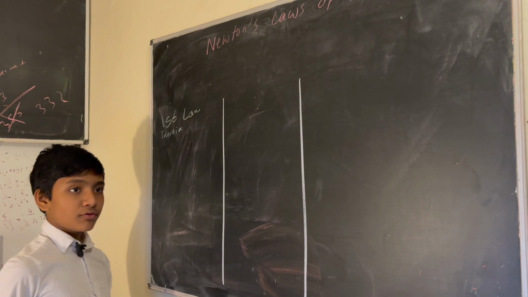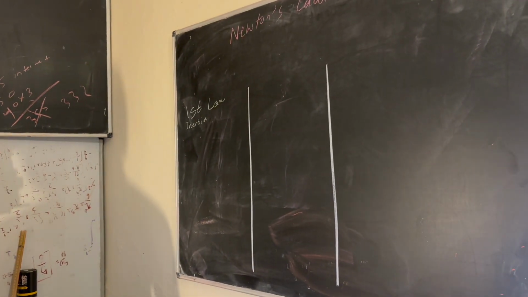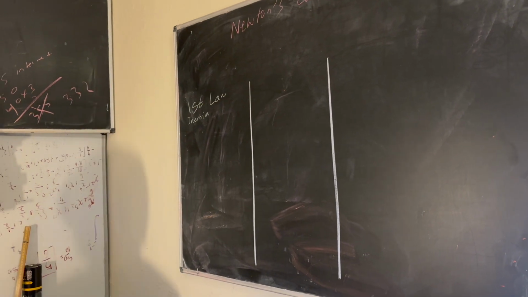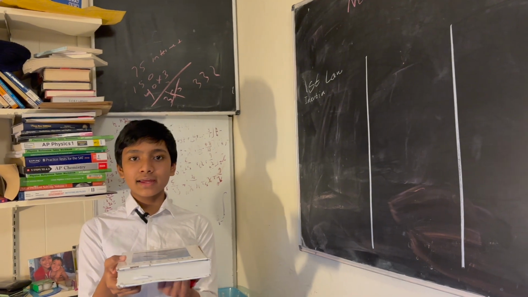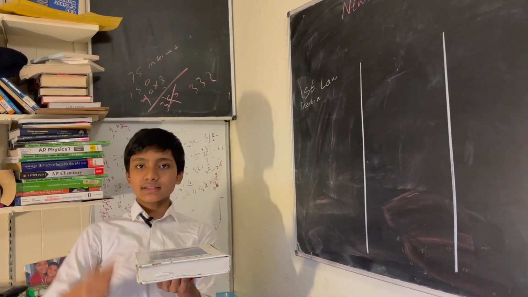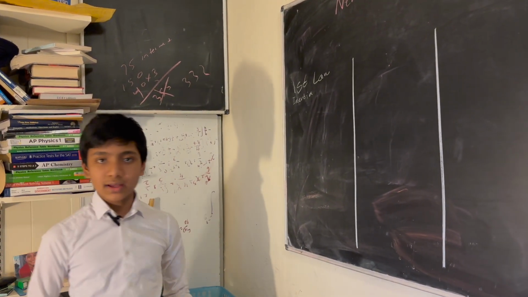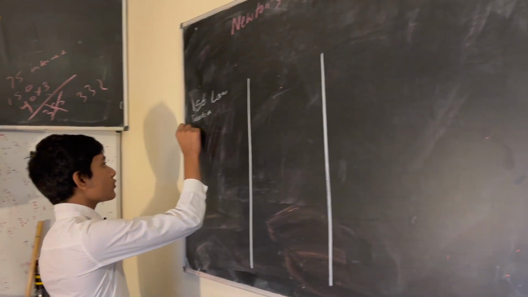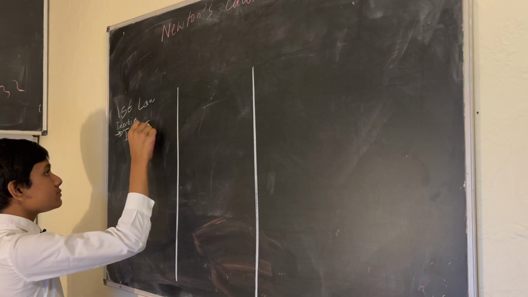Essentially, if the net force on an object is 0, like for example this textbook that's sitting right here in my hands, you can see that the force of gravity on it is perfectly balanced out by the force coming from my hands. So that's exactly why it doesn't move. So if the net force is 0,